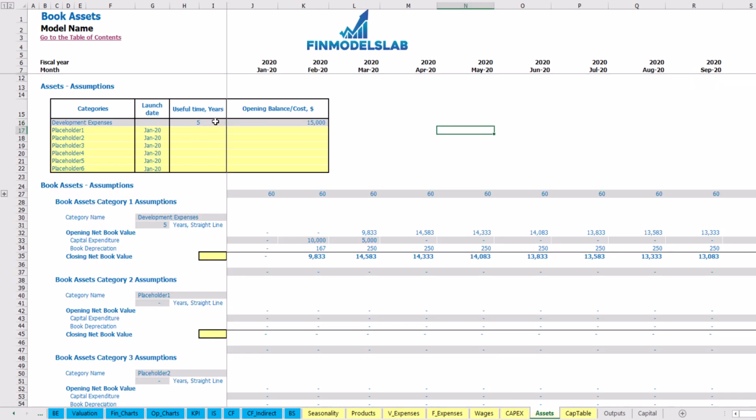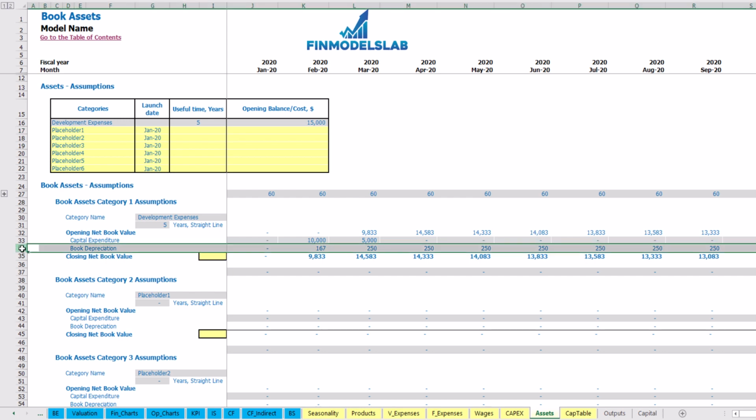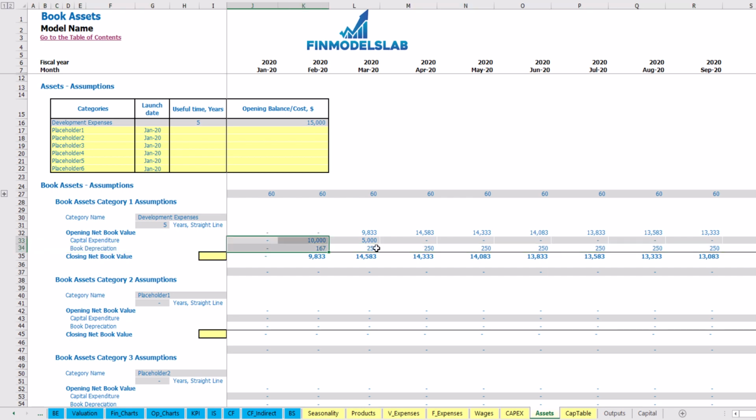By default it has a useful life of 5 years for the calculation of depreciation. You may find the calculation of depreciation for development expenses in here. Here you may also find capital expenditure and closing net book value. Additionally, you have up to 6 placeholders for other assets. For example, other assets